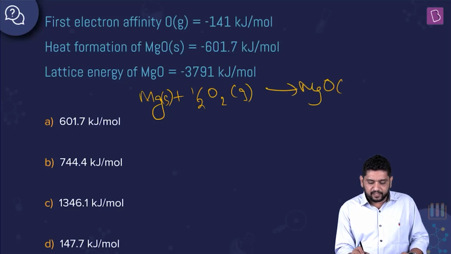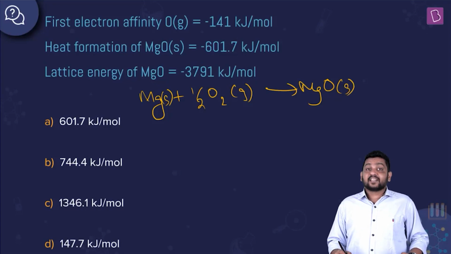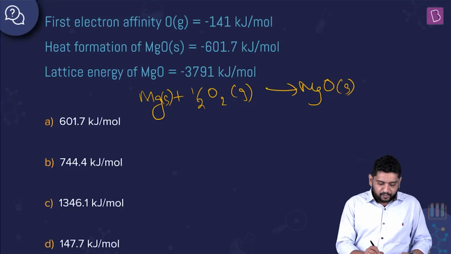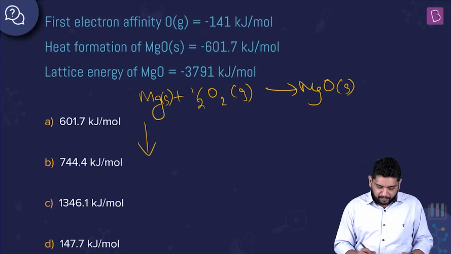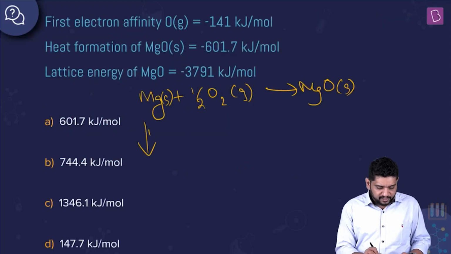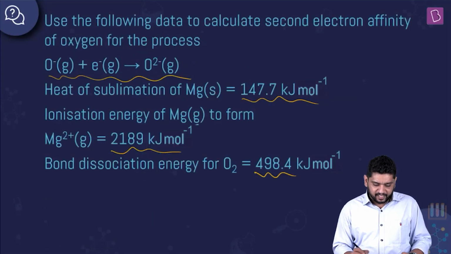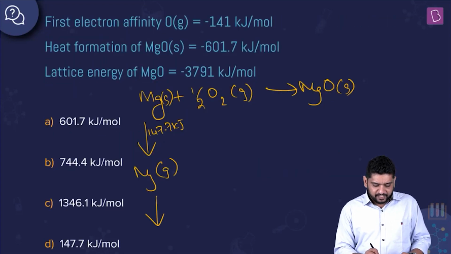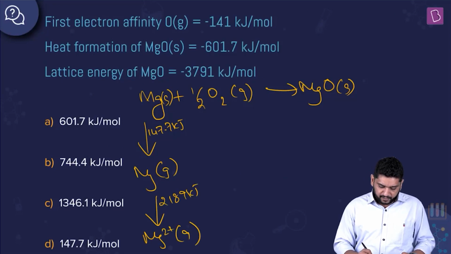This should have been the net reaction that is taking place, right? Now, if I look at this, first of all, we need sublimation. So, sublimation of magnesium is given as 147.7. On giving 147.7 kilojoule, this will convert into Mg in gas phase. Now, what do we need? The two ionization energies I have to give, right? So, the combined ionization energy giving us Mg2+ in gas phase is given to us as 2189 kilojoule,